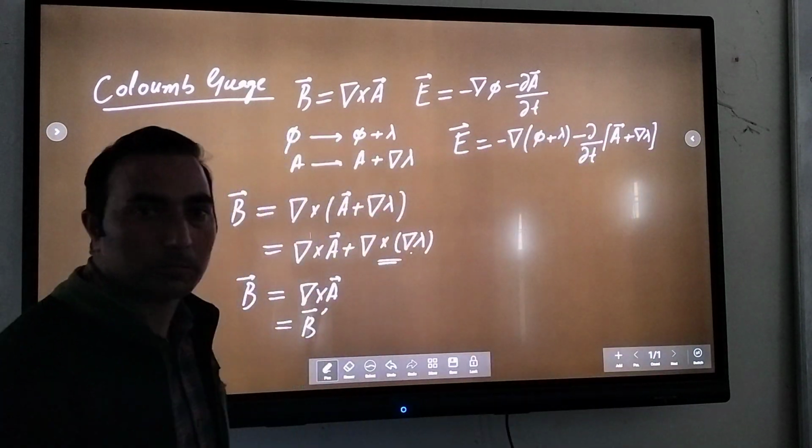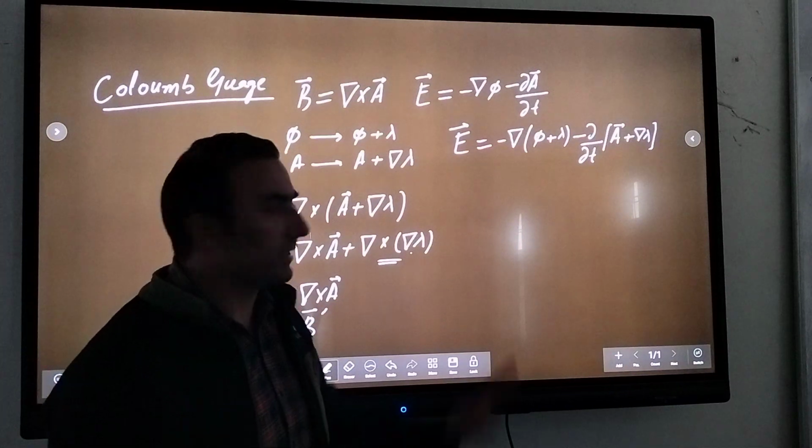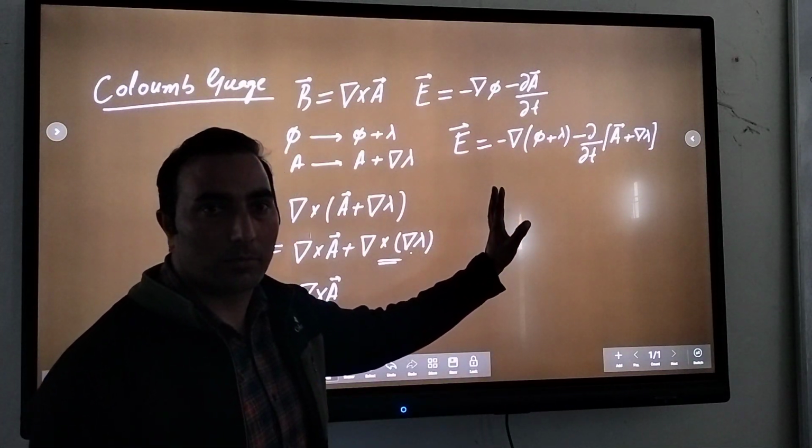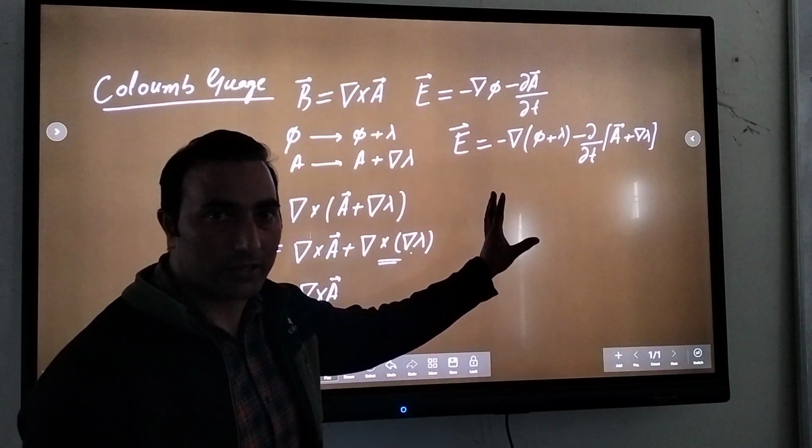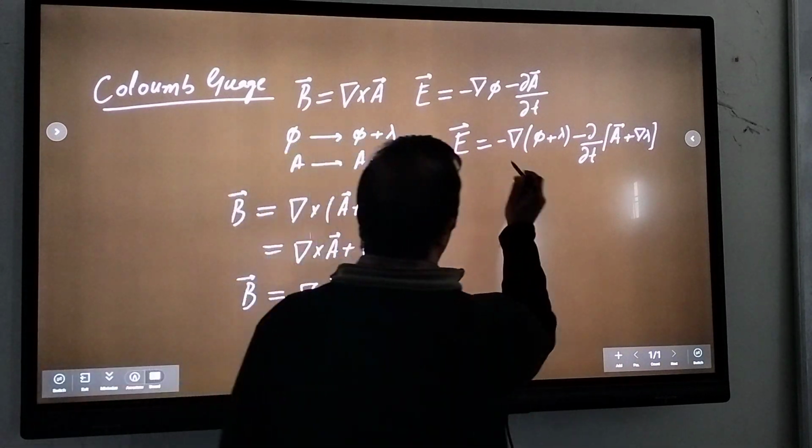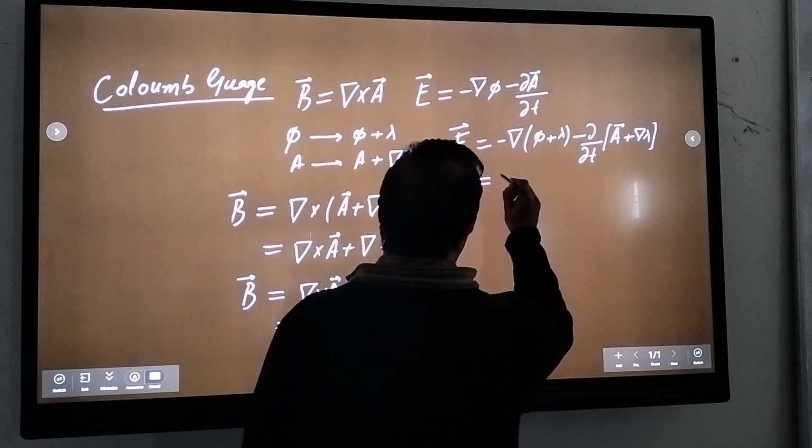okay, तो हम इस इक्वेशन में देखेंगे whether this electric field remains same, it remains unaffected or not. So let's check. So if we calculate its value, so this will be